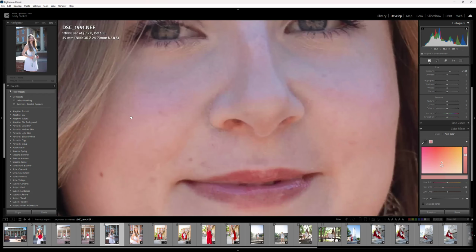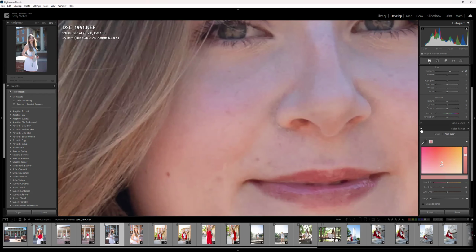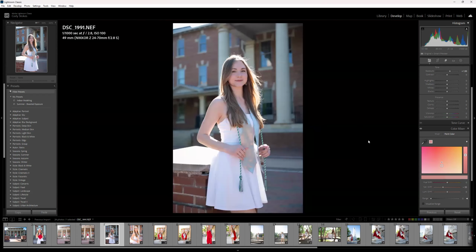And so we can see here if I click this little eye, it turns the mask off just temporarily. If I let off, it restores it, right? But this may not be the best approach because, depending on if there's other colors in the scene that match this shade or this tint, it could affect the entire scene of the photo. And that's where you would use a subject mask to tackle that, which we'll get to